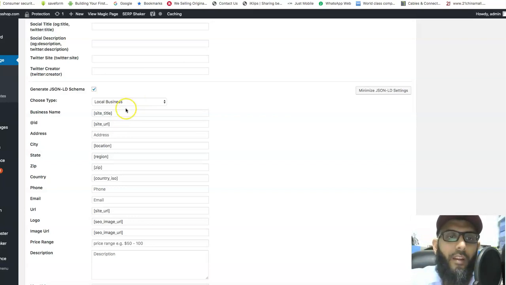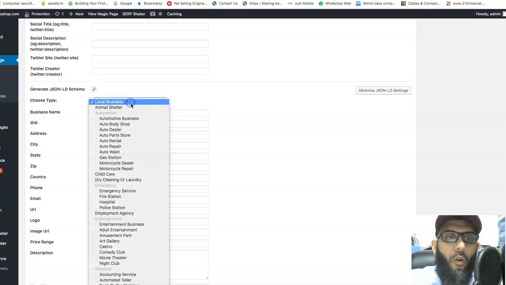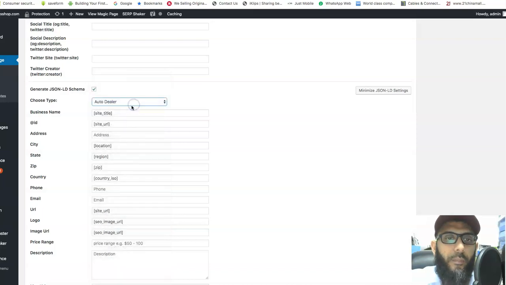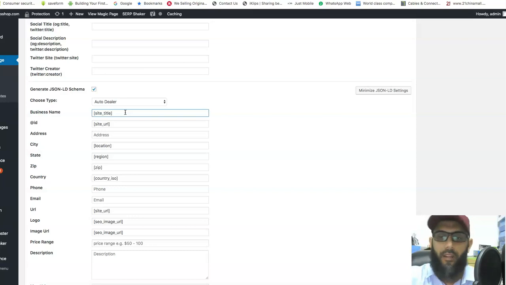You can just come in here and put in, imagine you can see all the businesses I was talking about. Choose any, I'm just talking about auto dealership. Just put auto dealers here. You can just put it as that location, auto dealers. It'll be like this. You can just put it as auto location, or you can just put it as auto dealers. So the website, the business name, starts with auto car repair. Auto car repair Manchester, auto car repair London, auto car repair Croydon. So that's how it comes up.